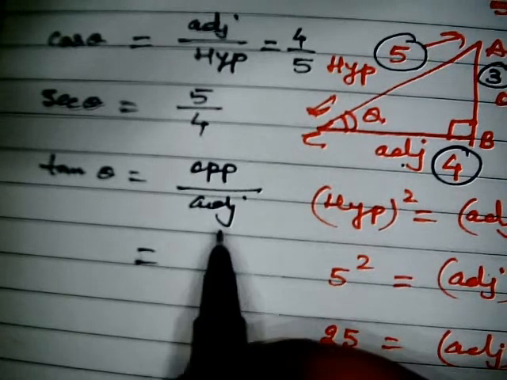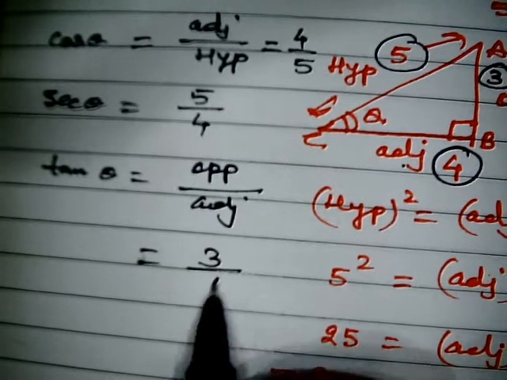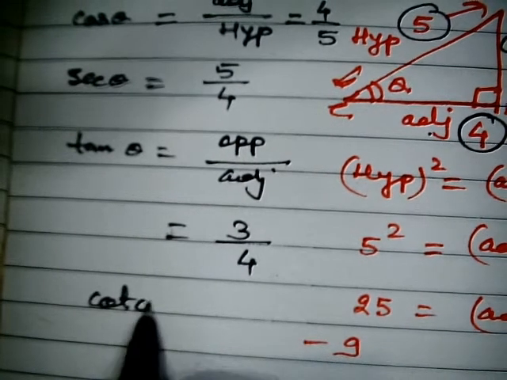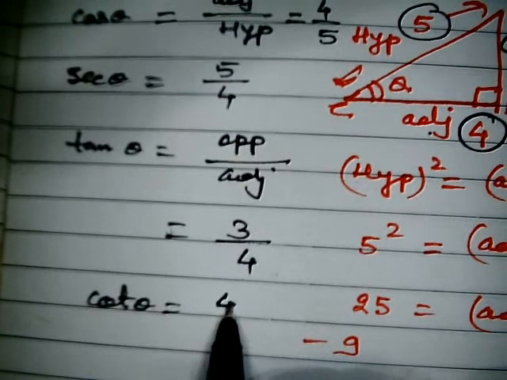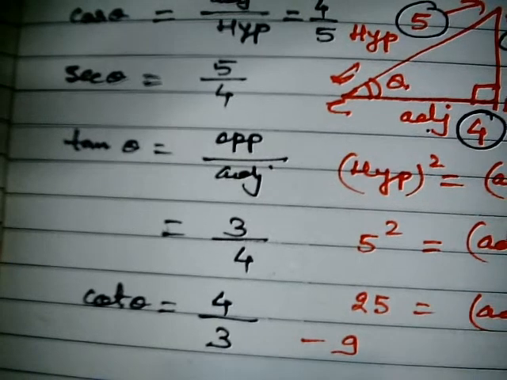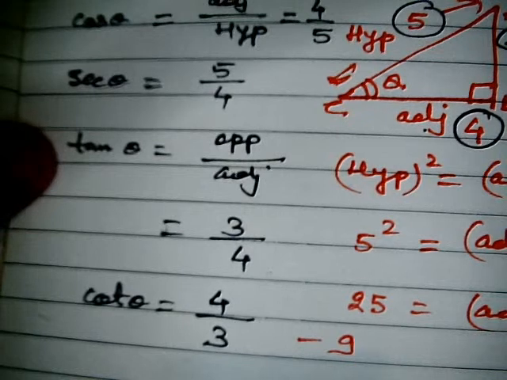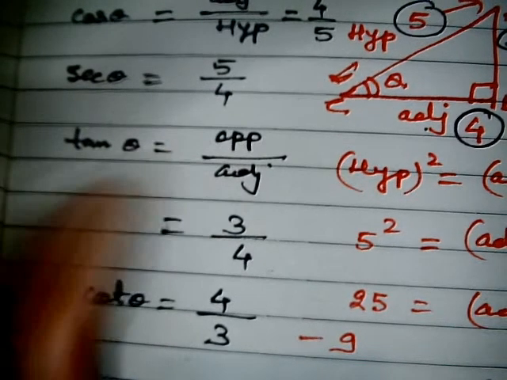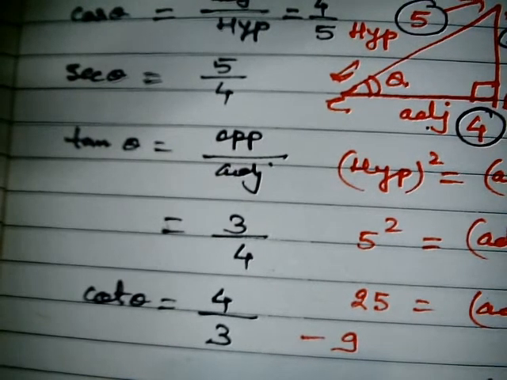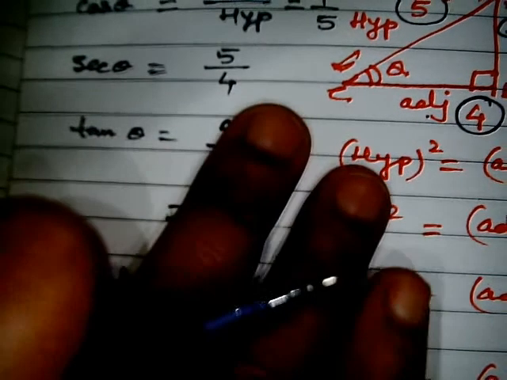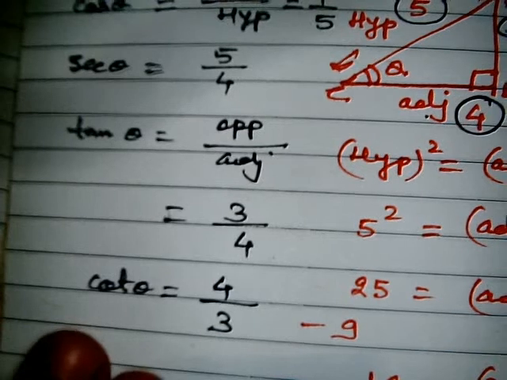If you know tan theta, then cot theta is going to be the reverse of that. You do not even need to learn the formulas. Just remember, tan theta is opposite upon adjacent, then cot is going to be adjacent upon opposite. So even though they have not asked for tan theta and they ask you to calculate cot theta, just remember what tan theta would be. If you can find tan theta, the reverse will be cot theta.